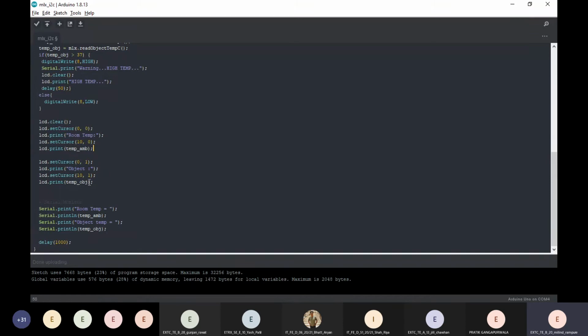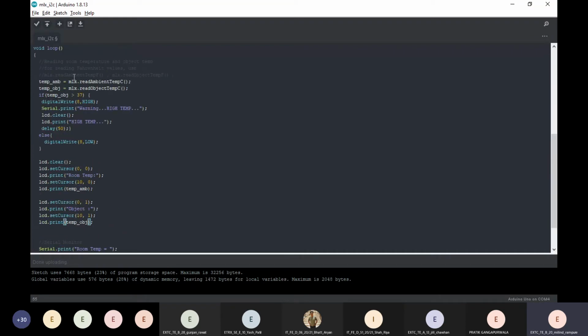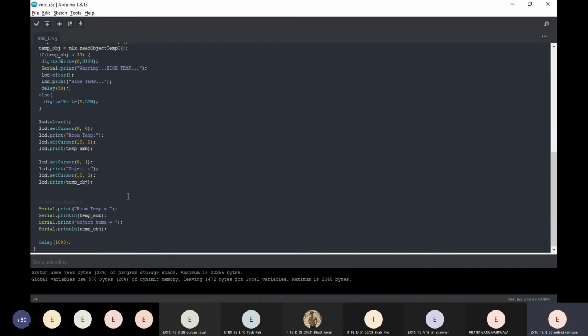This passes the sensor reading in Celsius, the ambient temperature in Celsius. And again, the second cursor on the second line, I'm printing the object temperature.